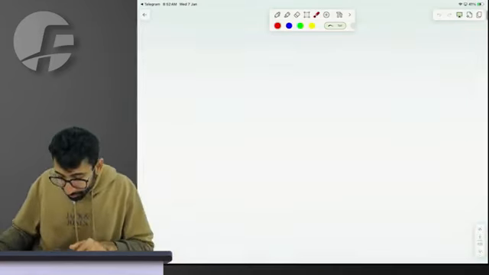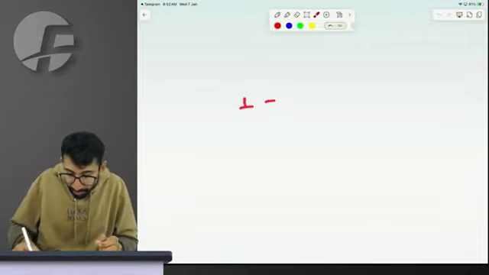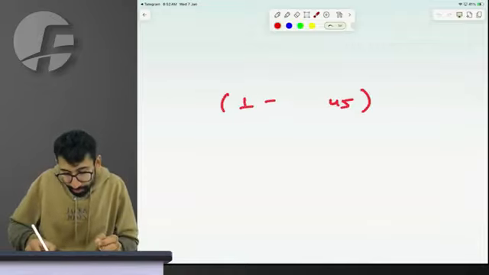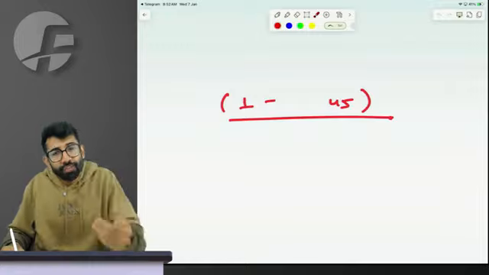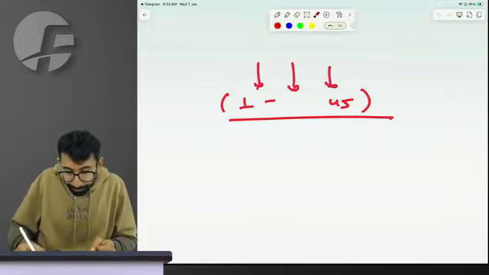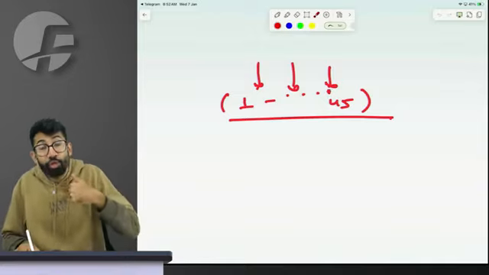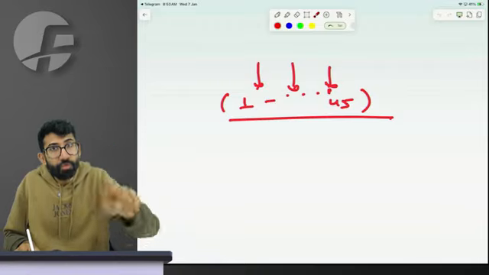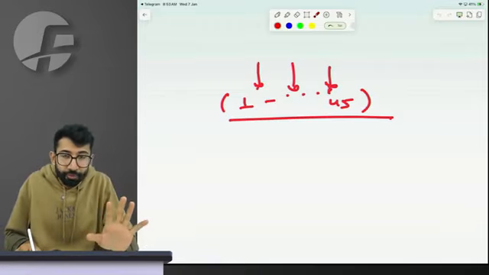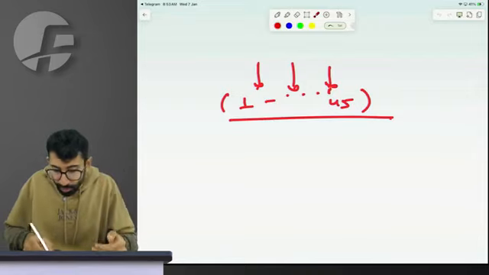Logic is really simple. For example, when I start this batch on 1st Jan 26, this book has, say, 45 questions in the first chapter. After 4 months, some new questions come up. I can't insert them over here. Why? Because otherwise the sequence of questions in the book and what you see on the screen in this video will be different. Perfect. Which is why, to match the sequence, even if you purchase the book later on,